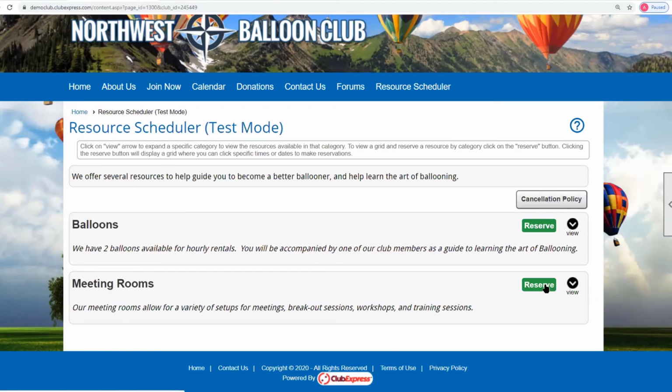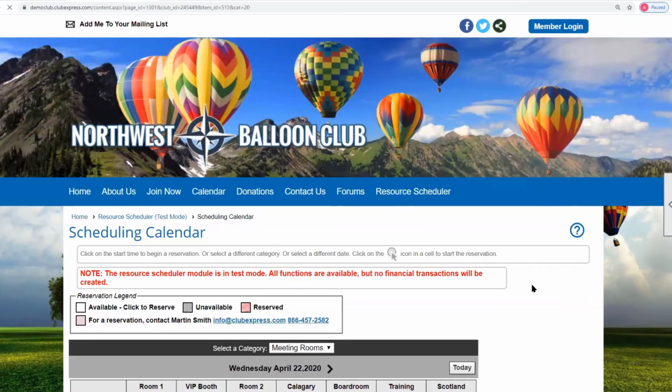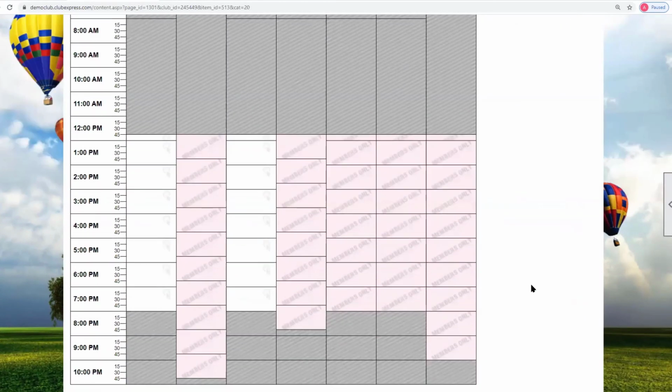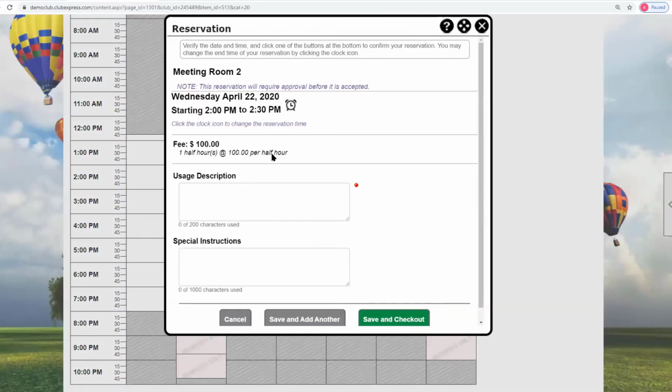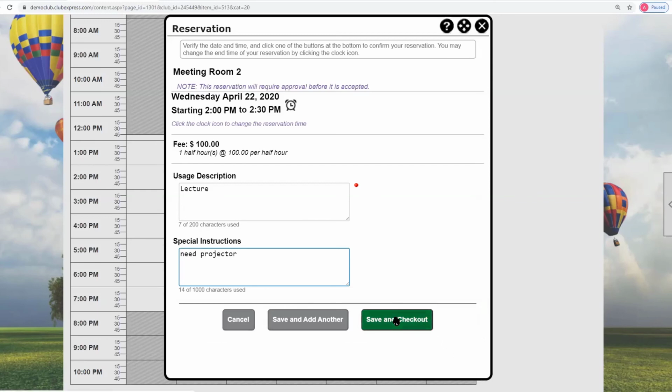So in this case, what would happen is if I click on reserve, it says, okay, which meeting room? You see how these meeting rooms are set up only for members? Well, I can grab this meeting room. It'll ask me the same kind of information. Usage description, call it lecture. Are there special instructions? Need projector. And if I say save and check out,